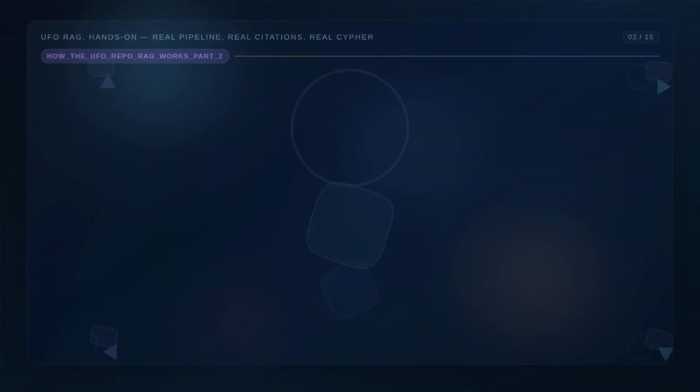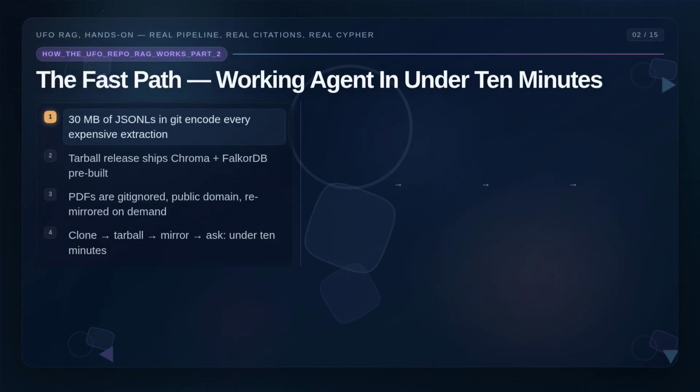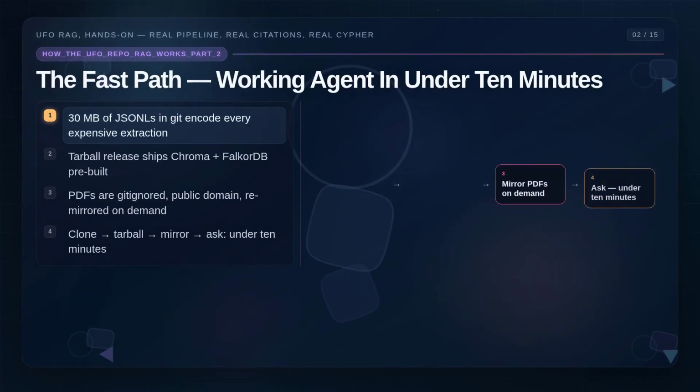Let's run it. Before we open a single source file, I want to show you the fast path because it answers the question every viewer has: can I clone this and use it right now? Yes. The repo splits into 3 layers by cost to rebuild. The source PDFs and videos are public domain, but heavy, so they are Git ignored and remirrored on demand from